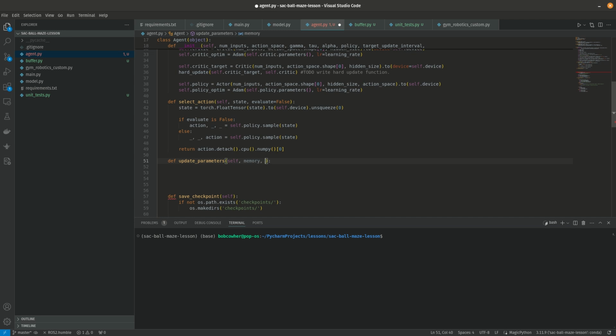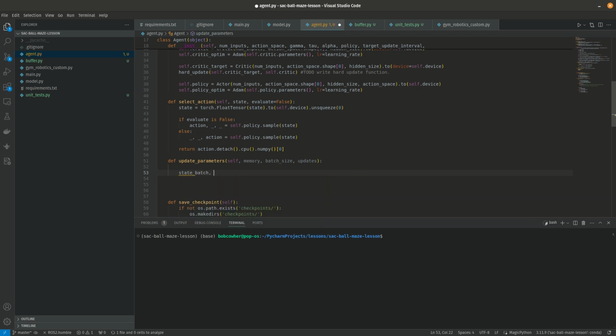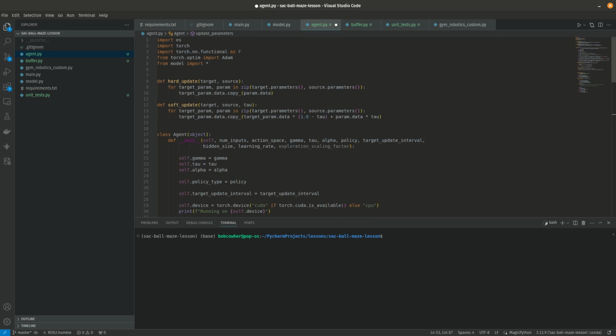We're going to pass in a memory, a batch size, and updates, which is a counter. We need to pull our various batches from memory. So that's going to be state_batch, action_batch, reward_batch, next_state_batch, and mask_batch, which is going to end up being our dones. And then we will do memory.end